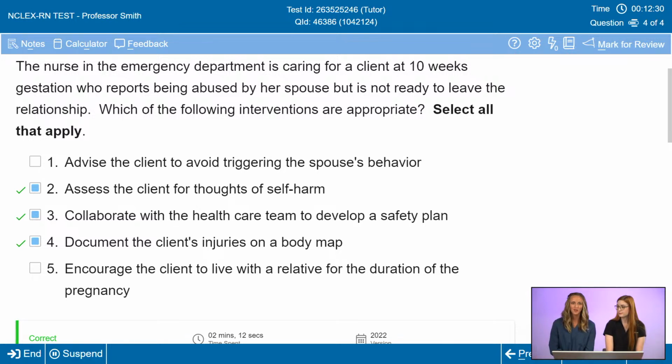So again, today we talked about how, when we're looking at select all that apply questions specifically, we're going to answer them from the bottom to the top in order to slow ourselves down and look at each answer choice. With select all that apply questions, we're also going to treat each one as a true or false question, and that'll help us narrow down the choices. And then with a question stem, we're going to summarize it and figure out what the keywords are to help us answer the question. And along with a question asking for risk factors, we figure out what that diagnosis or disease process is in order to know what answer choice would be correct.